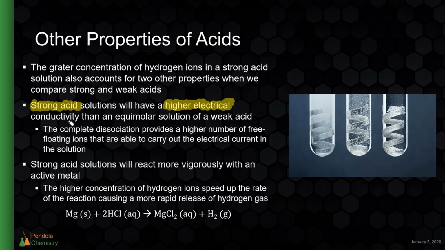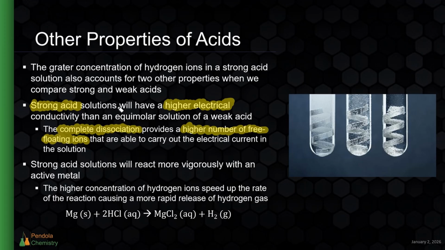The reason for this is the complete dissociation of the ions. Because the acid completely dissociates, there's a higher number of free hydrogen ions floating around. Ions that are mobile, ions that can move around, are what give ionic compounds and acids their electrical conductivity. Because a strong acid is going to have a higher concentration of hydrogen ions floating around, it has a higher electrical conductivity, which is what that pH probe uses to figure out the pH of the